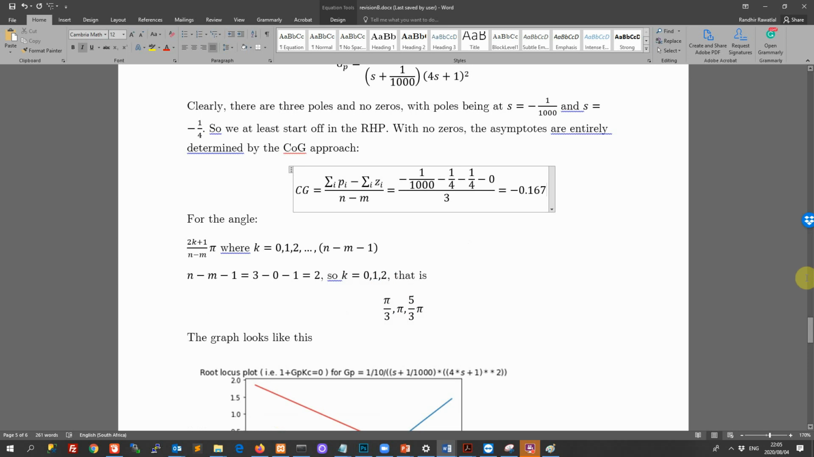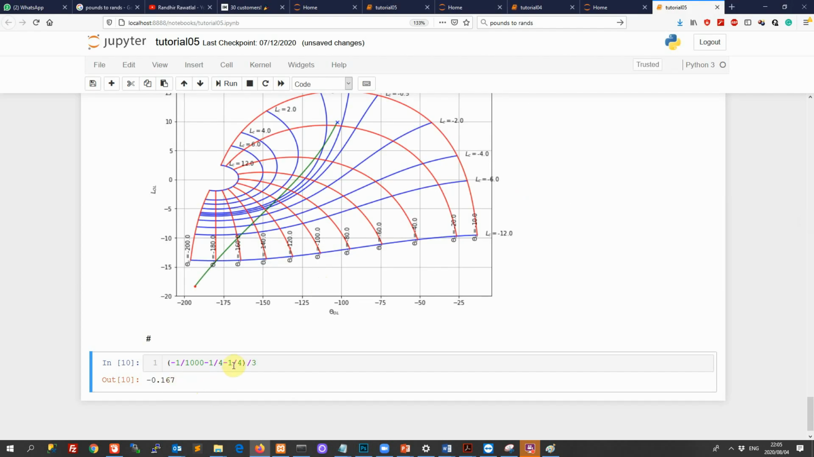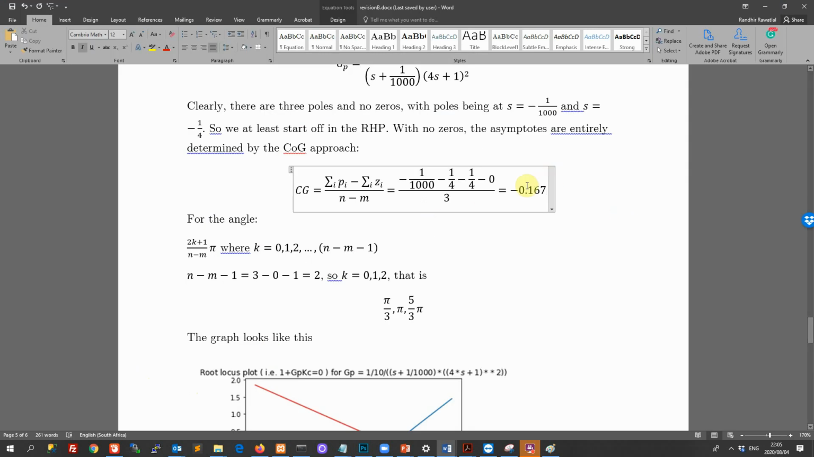So we can see on the negative real axis, ignore that comment, 1 over 6. It's not 1 over 6. Just write it as 1 over minus 1.67, right? So that's where that center of gravity lies, and then we need to know the angles of departure around that